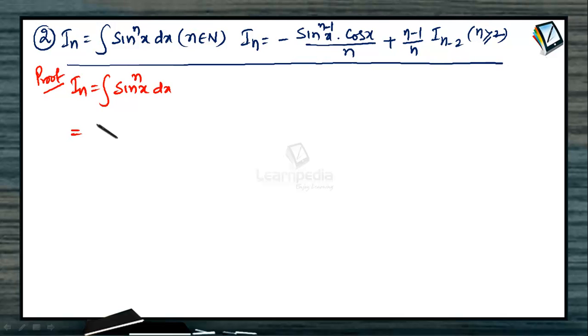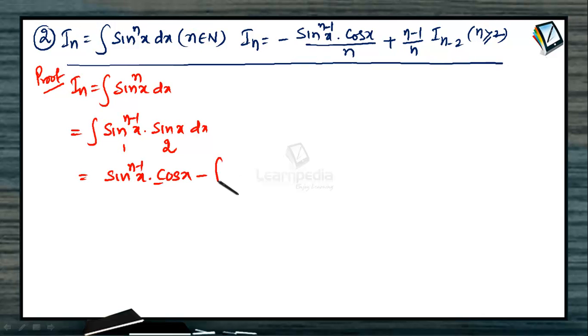This can be written as the integral of sin^(n-1)x times sin x dx. So this one is the first function and this one is the second. We'll get the first function times the integral of sine, which is minus cos x, minus the integral of the derivative of the first function, (n-1) times sin^(n-2)x, since the index changes and the derivative of sin x is cos x, into the integral of sin x, which is minus cos x, dx, which is equal to